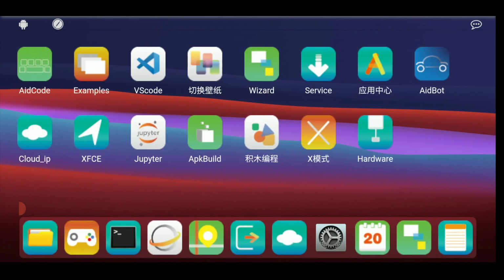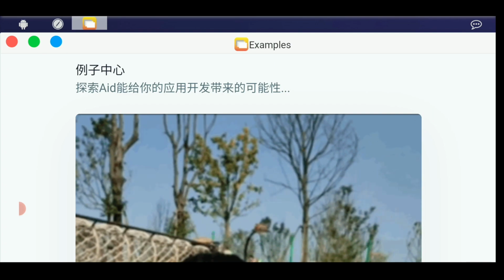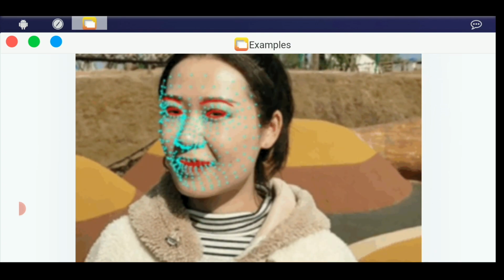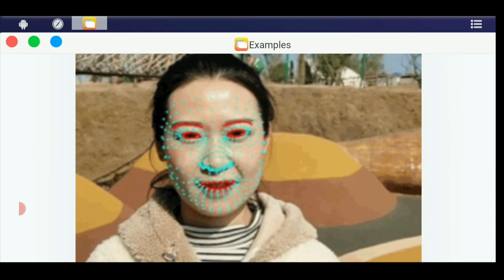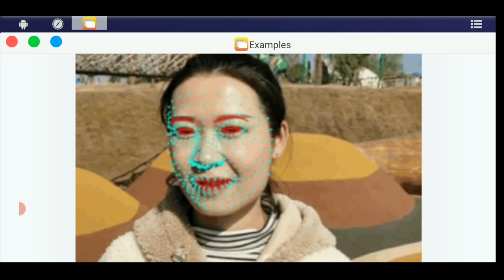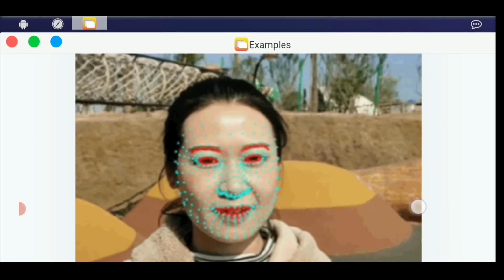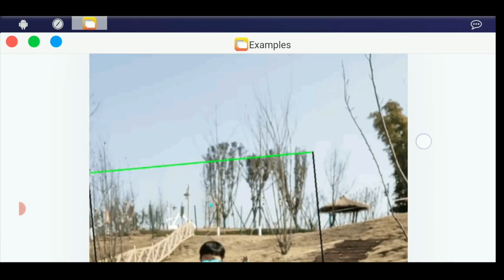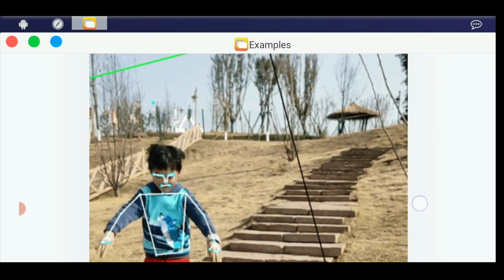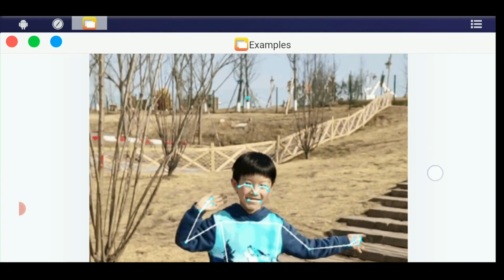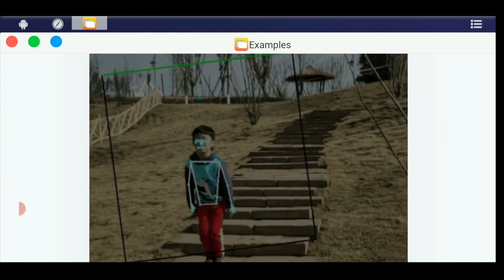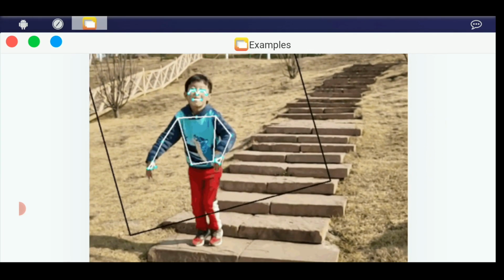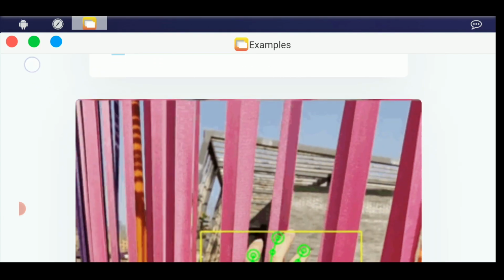You will find some apps like APK builds here, and you can click on the examples to see some of the examples that you can run on this app. Like here you can see, you can use this to make a face tracking AI model or projects related to Python. Even when you slide down, you will find that you can also run this kind of project, because it comes with all the most important packages of Python pre-installed in this app. So you can just open this project.